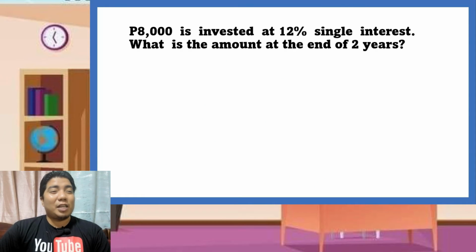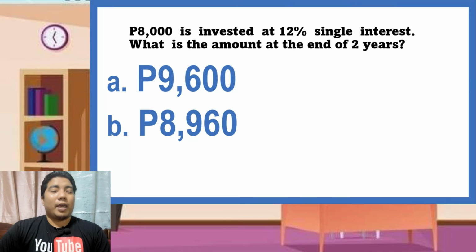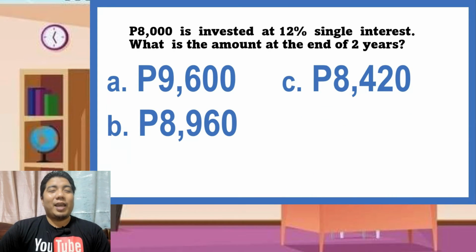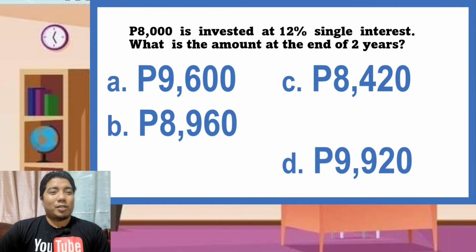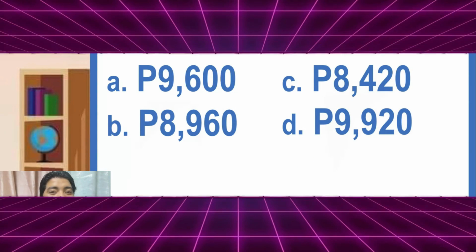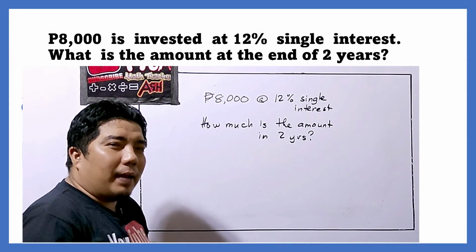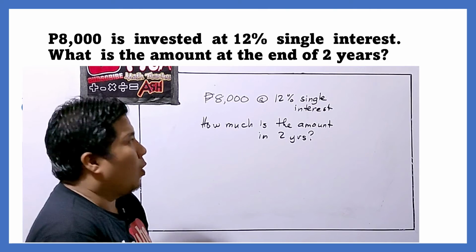8,000 pesos is invested at 12% single interest. What is the amount at the end of 2 years? Is it A, 9,600 pesos? B, 8,960 pesos? Letter C, 8,420 pesos? Or letter D, 9,920 pesos? And okay, my dear math learners, for this problem, we will be applying a certain formula, which is